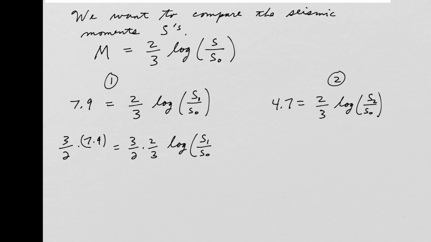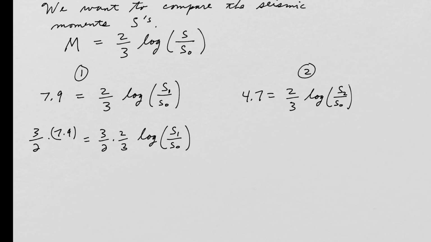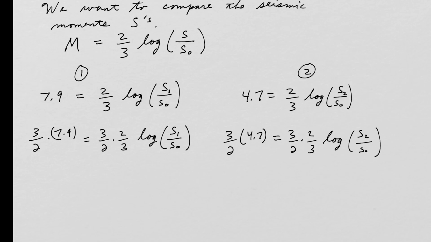S1 over S naught. And then same thing over here. So I would multiply by 3/2 times 4.7. And that's 3/2 times 2/3 times log of S2 over S naught. Okay, now